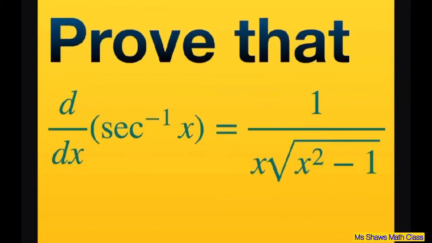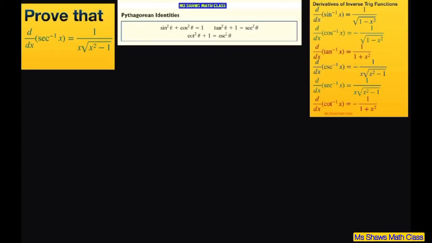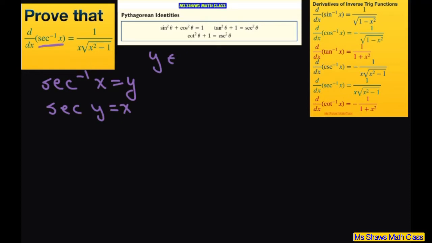Everyone, we're going to prove that the derivative of inverse secant of x with respect to x equals 1 divided by x times the square root of x squared minus 1. So the first thing let's do is just rewrite this, set the inverse secant of x to y. Therefore, secant of y equals x. And that's with our restrictions for y from 0 to pi over 2